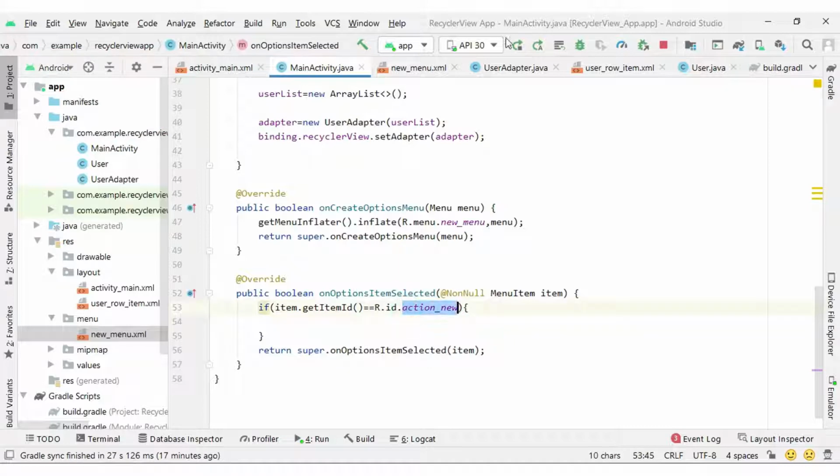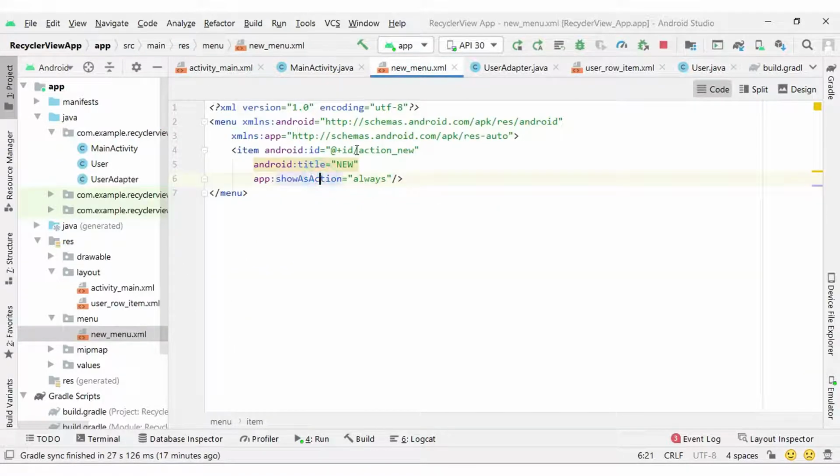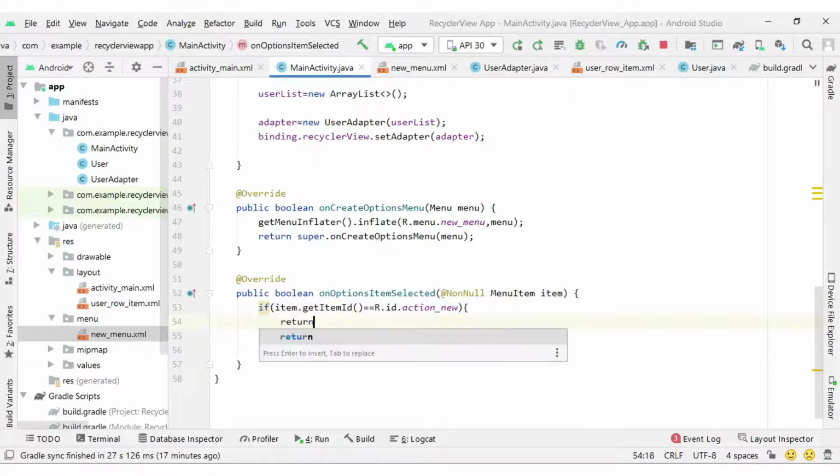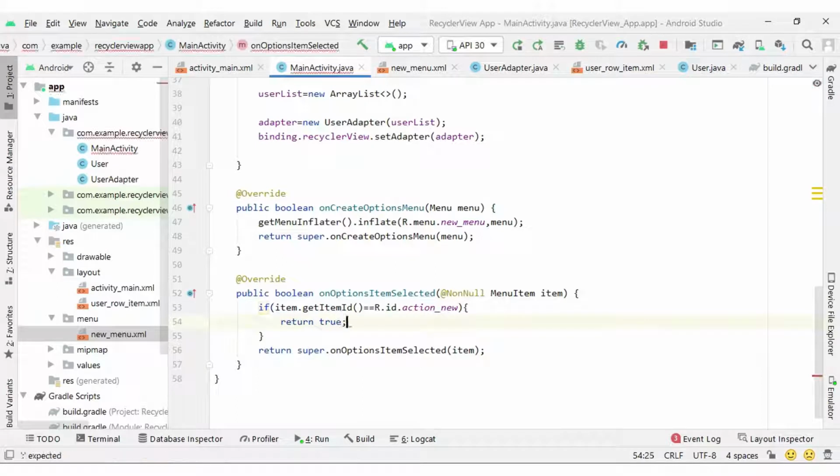This id will exactly match the id inside our new menu XML file. So it will get compared, and accordingly I can return true if it matches.